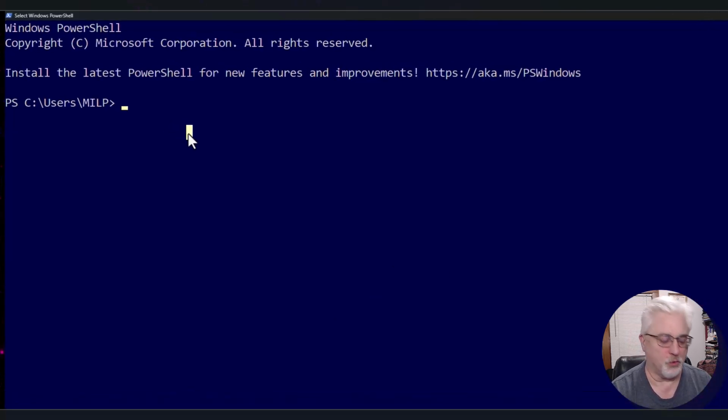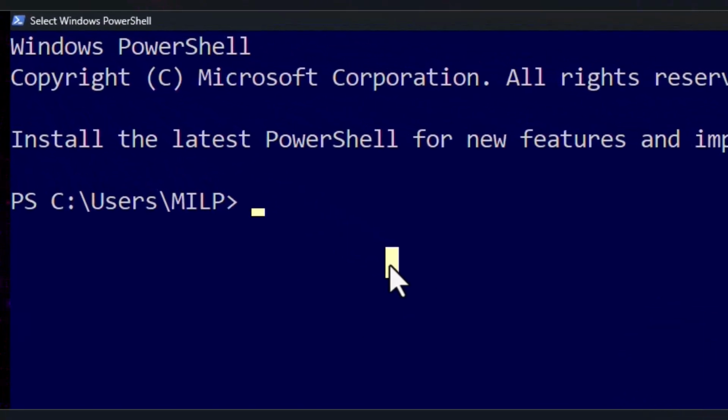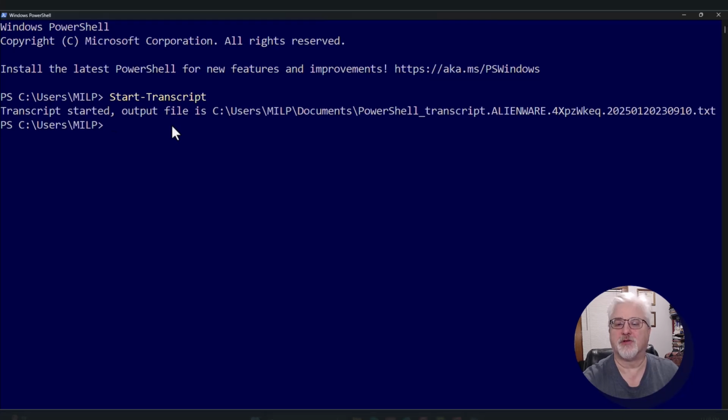First thing we want to do, we want to go ahead and do Start-Transcript. Okay, transcript has started. Tells us where the output file is. So what Start-Transcript does, it starts a transcript of everything that we do in PowerShell. So maybe you're following along and you type in some commands that I do, but you forgot what they were a week from now. So you can go back into your transcript and you can see everything that happened in